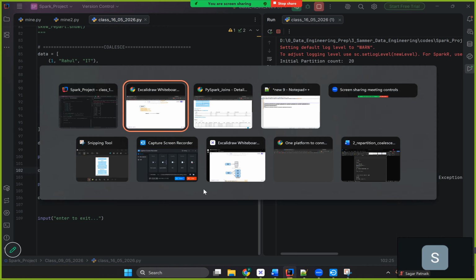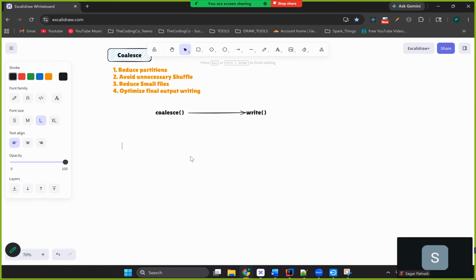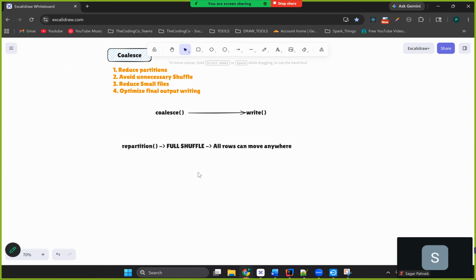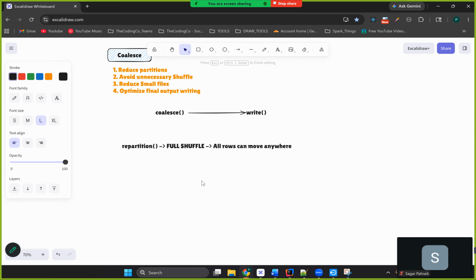Repartition creates a full shuffle, meaning all rows can move anywhere. But coalesce avoids full shuffle, and the meaning is